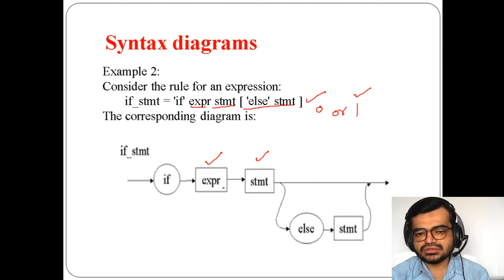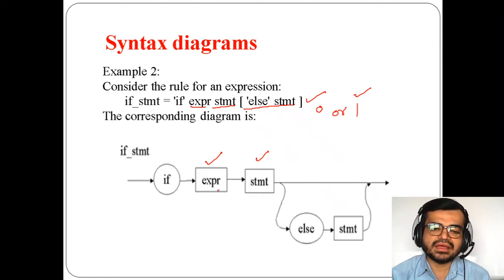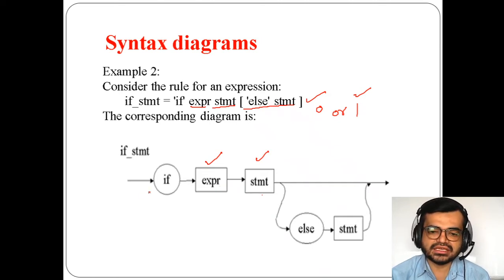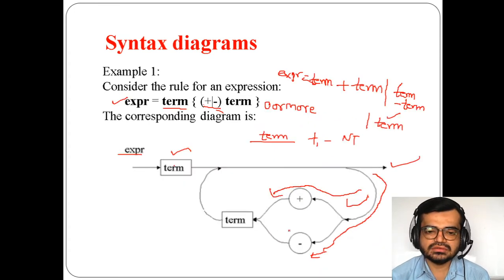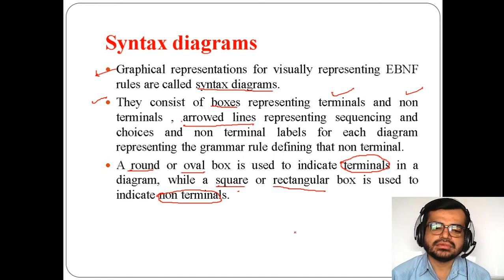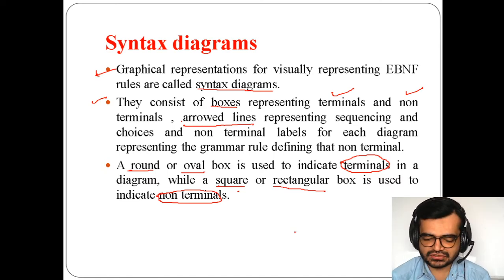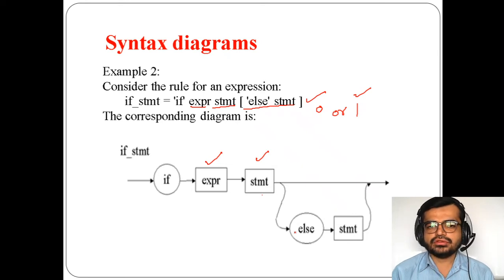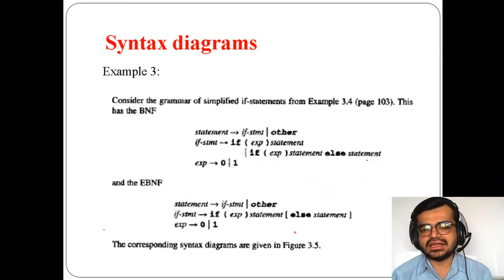You have to assume this as a terminal, because using this non-terminal you get this expression. That's why we have taken if and else as non-terminals. In the previous case also we took a round and oval box, so the same thing applies here. In that sense you are representing the syntax diagram.